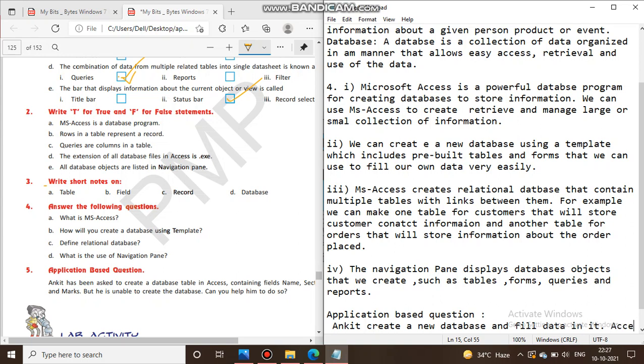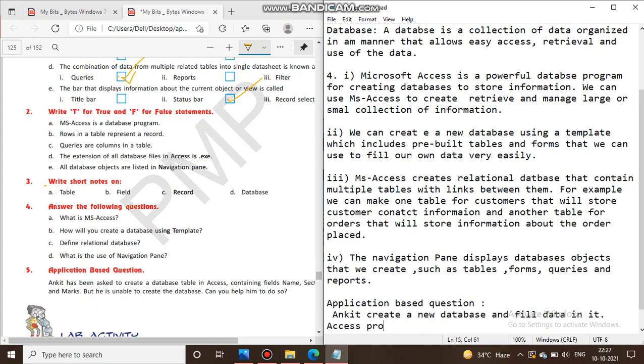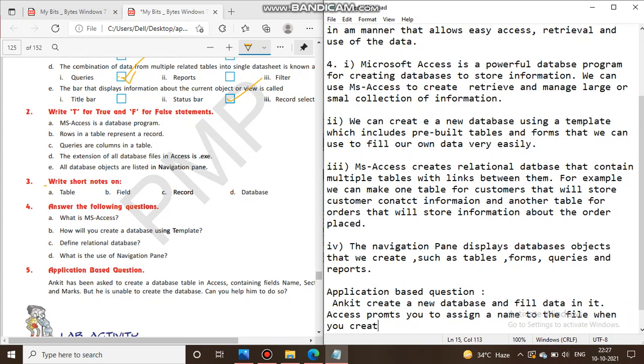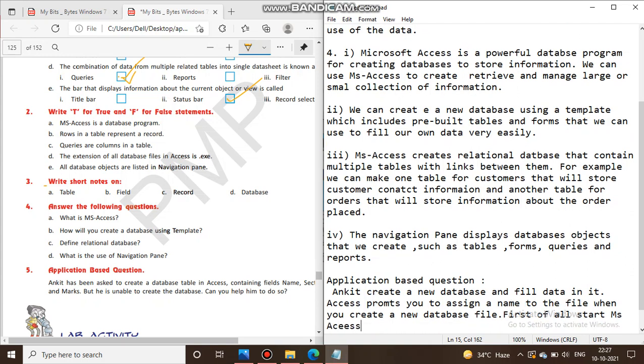The next, Access prompts you to assign a name to the file when you create a new database file. Okay, so first of all, start MS Access.